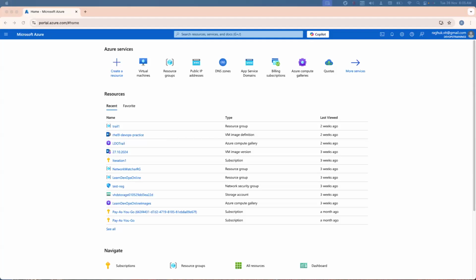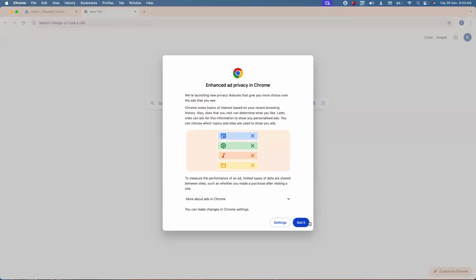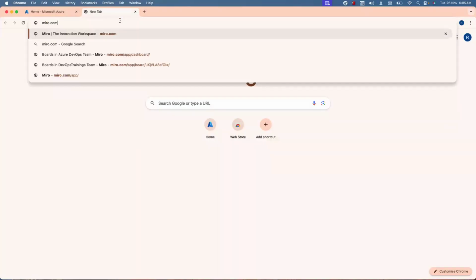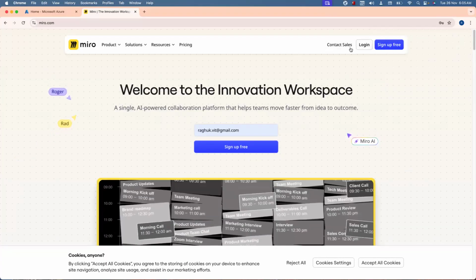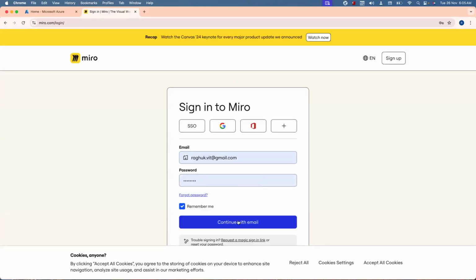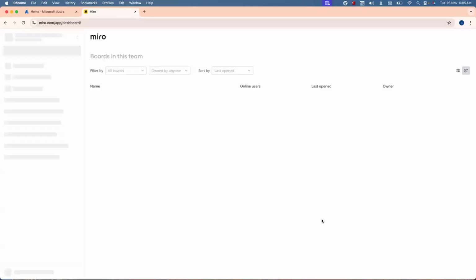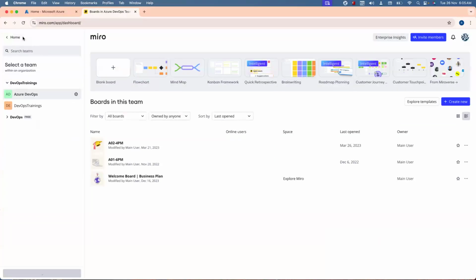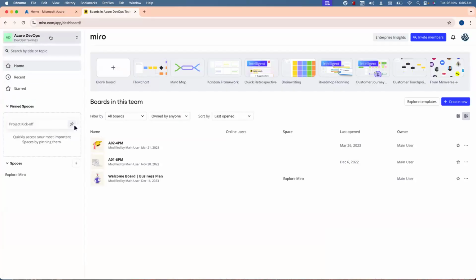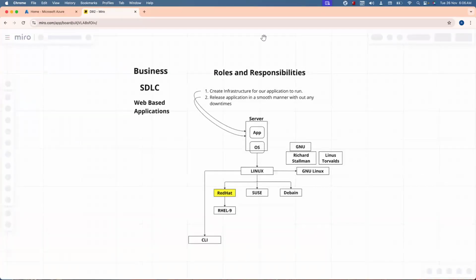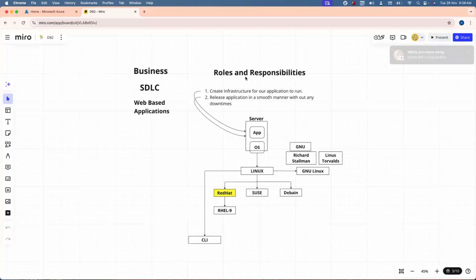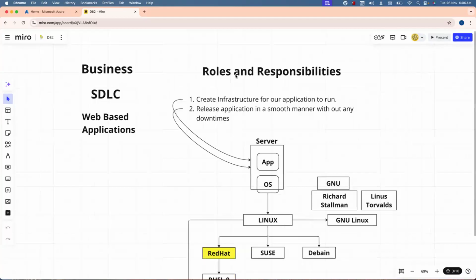So last session, we were discussing the roles and responsibilities of a DevOps engineer. So let me just open that. All right. So this is what